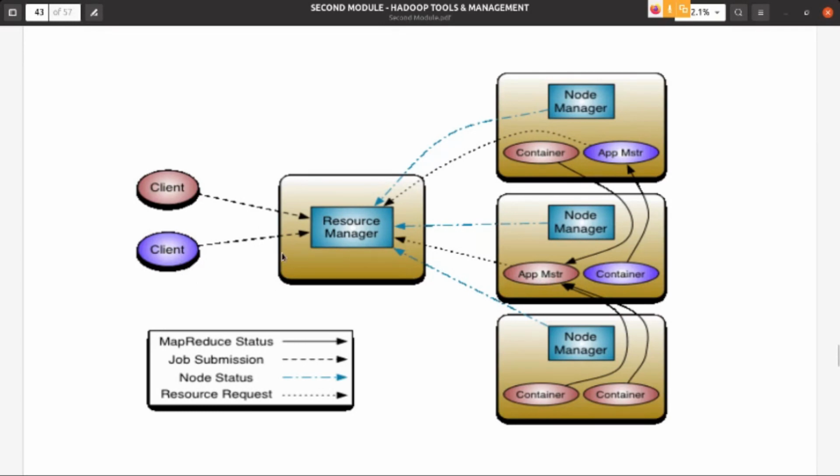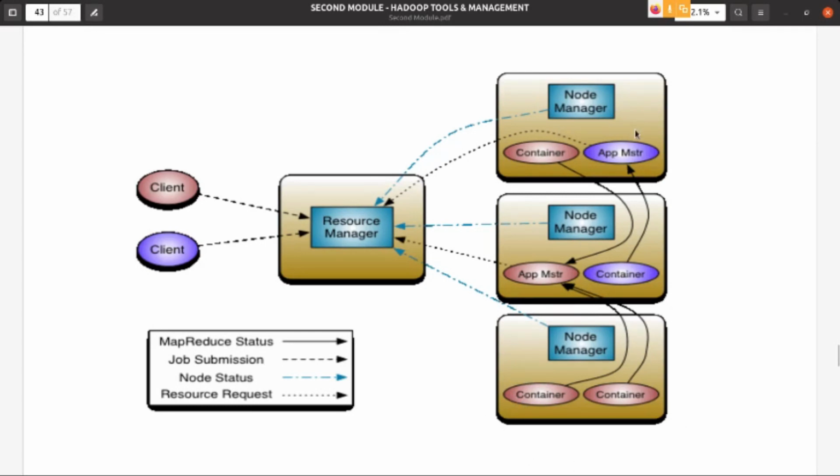We don't know which client submitted it. Each application master is running on a different node. Suppose one more application is submitted by a client to the resource manager, then you will see a third application master running in some other node. We can't run 2 application masters in a single node. Definitely it will run in another node manager.